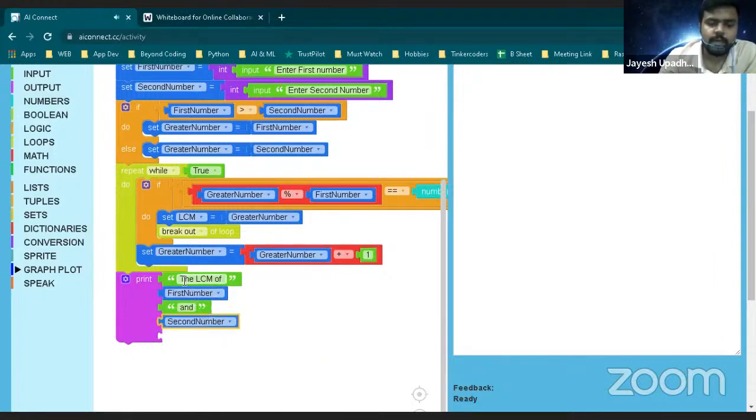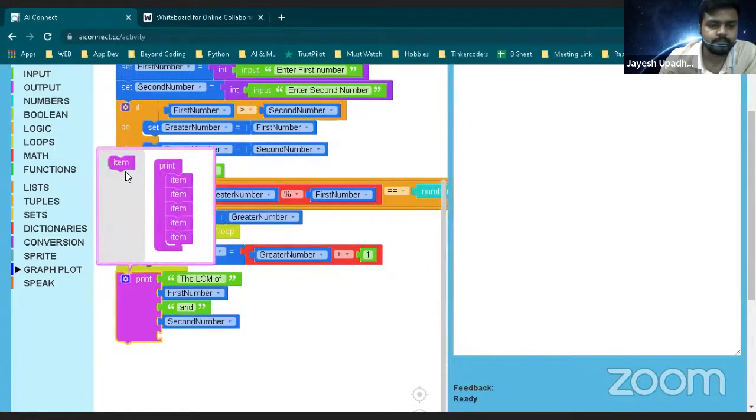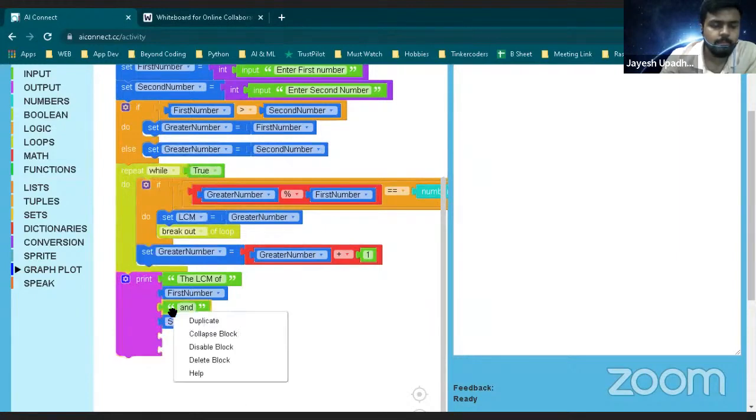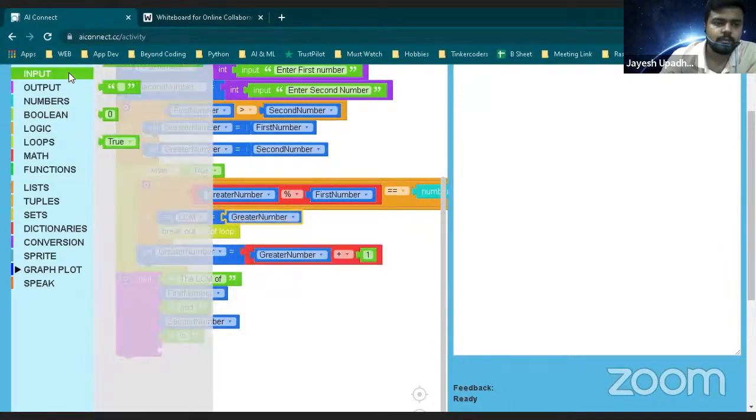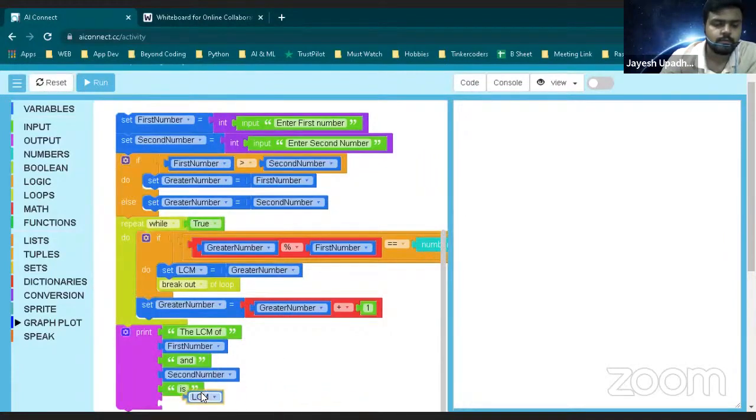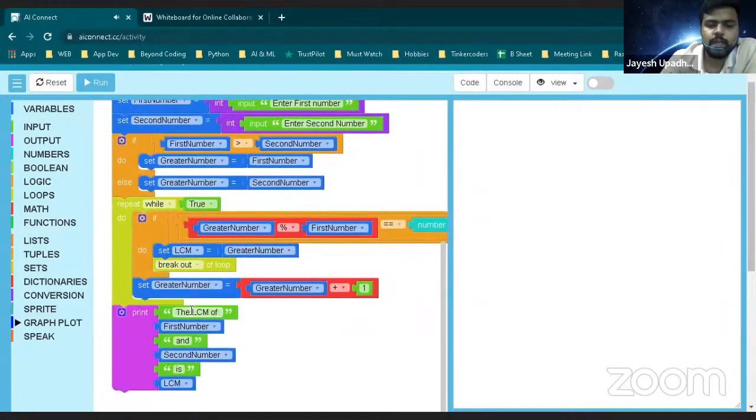Okay, so the LCM of first and second number is, so I will add one more print. I will write this LCM, right? So we'll go over here, save it. So the LCM of first number and second number is LCM. Okay, fine. LCM is my variable where I just store the value of a greater number.